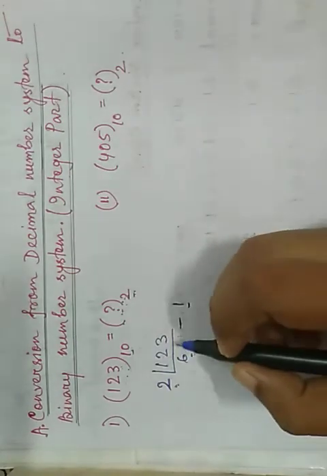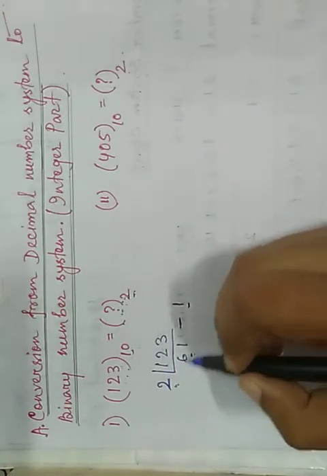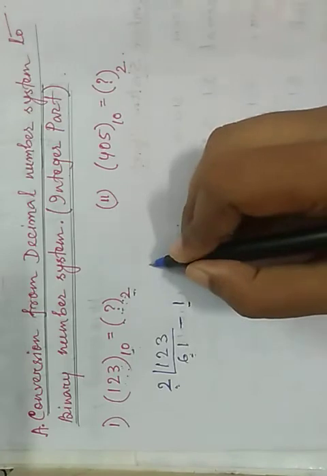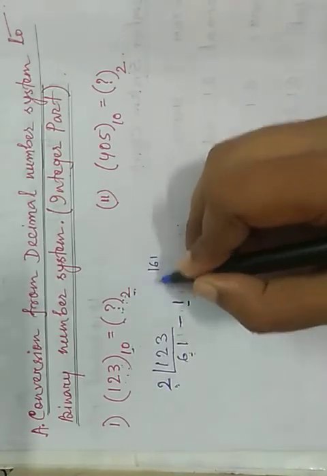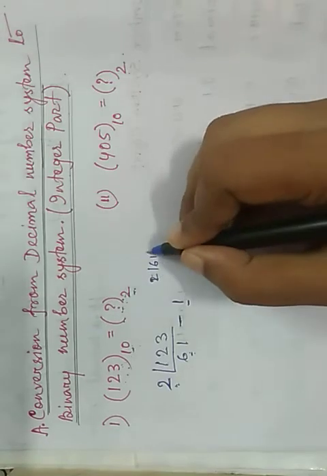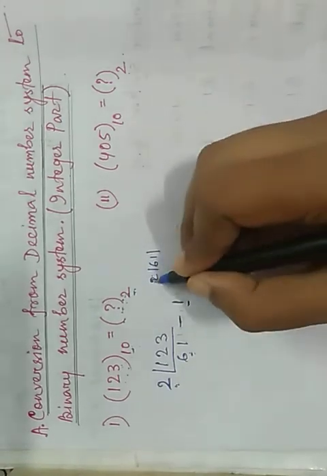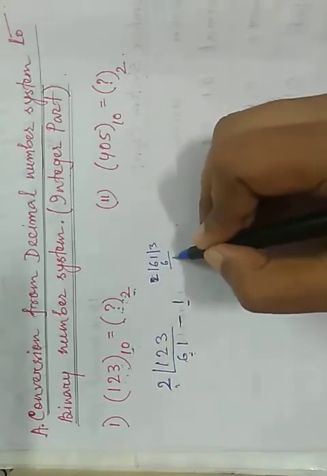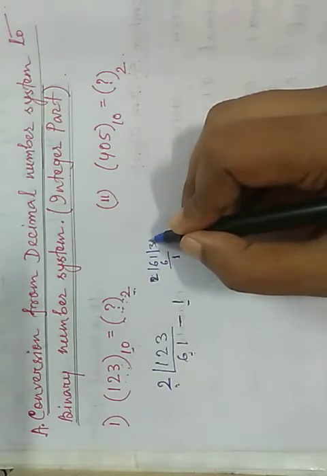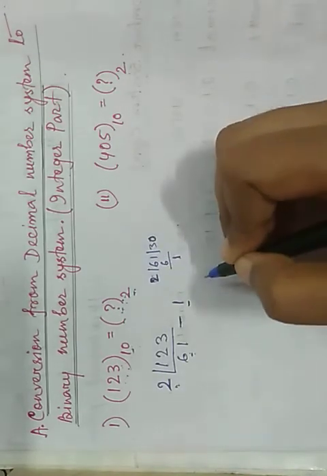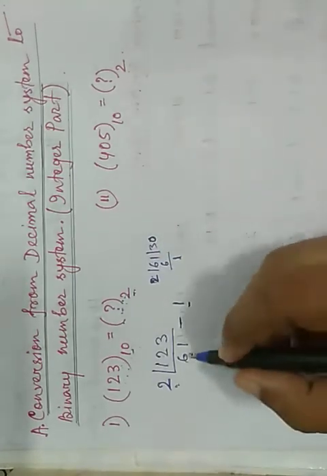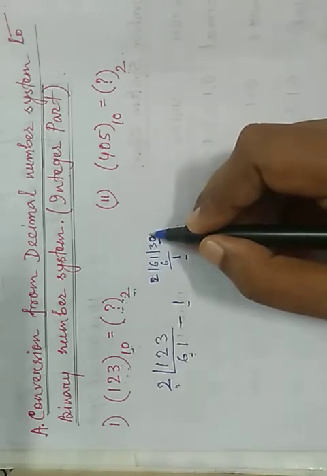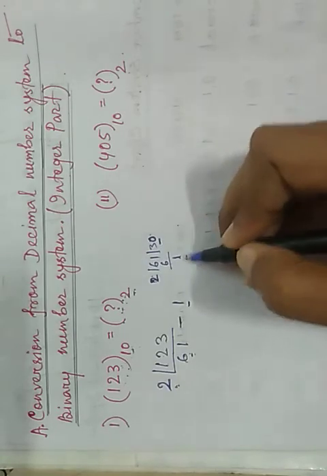If anyone has any problem dividing this way, they can divide the number normally, in the normal way, 61 divided by 2, like this. 3 twos are 6, here it is 1. As 1 is not divisible by 2, we have to write 30 and 0. Then this is the quotient part and this is the remainder part. We don't have to use any point notation here, we only need one quotient part and one remainder part.